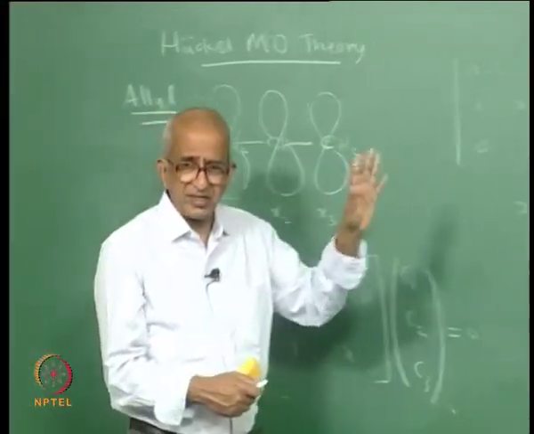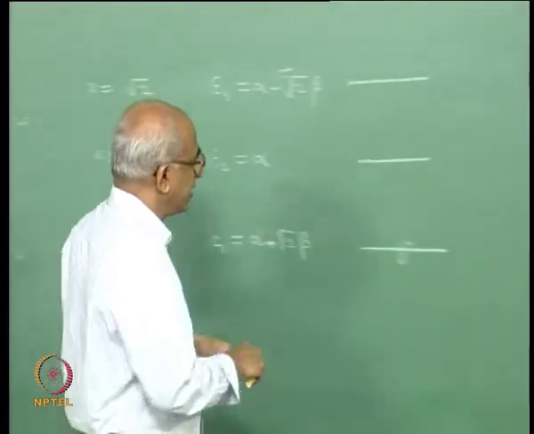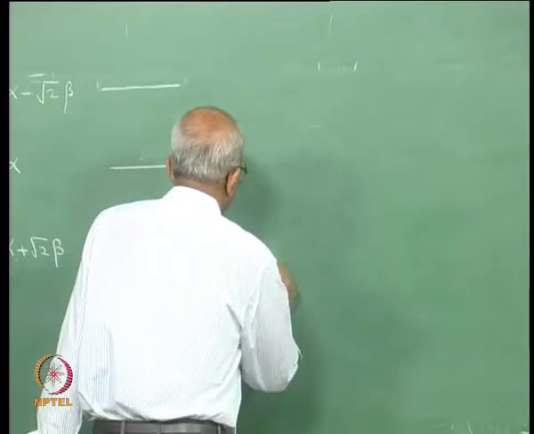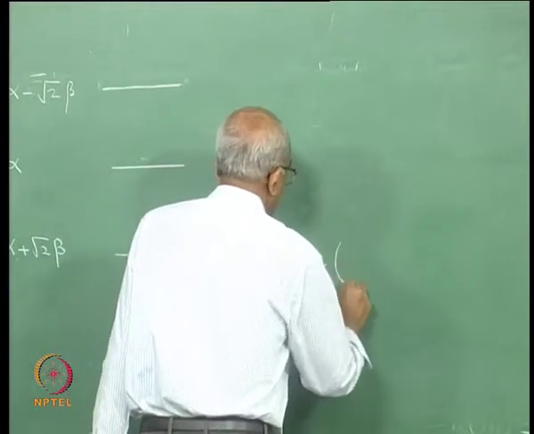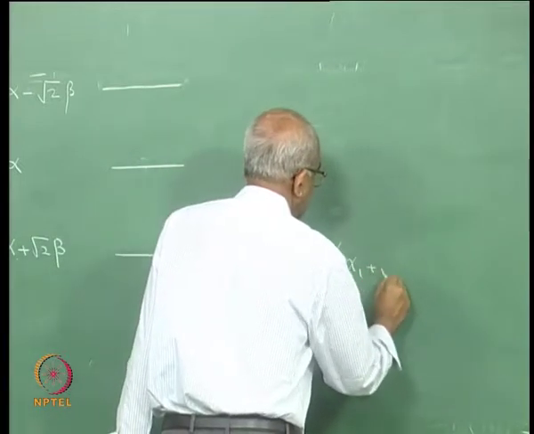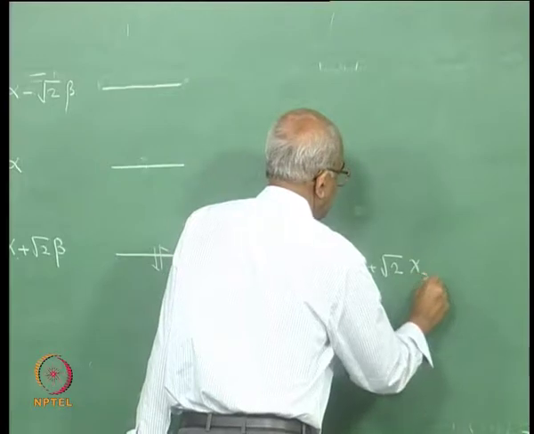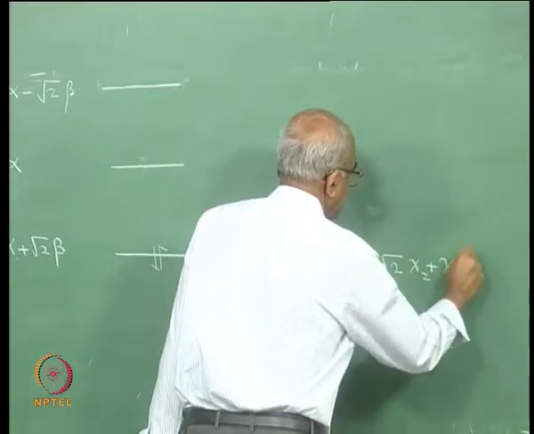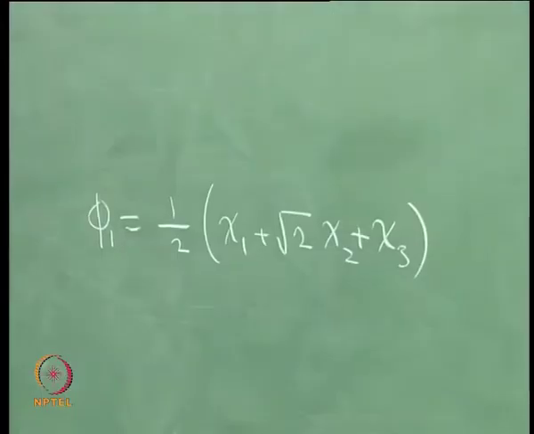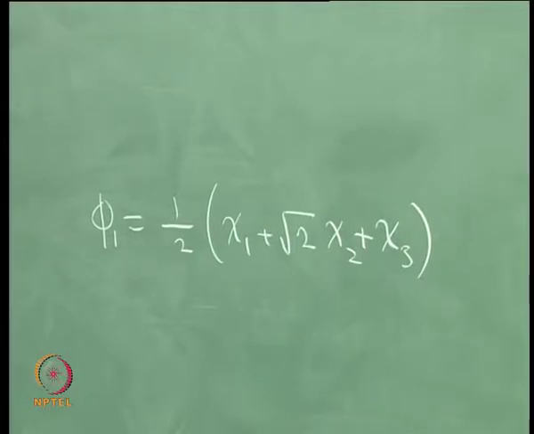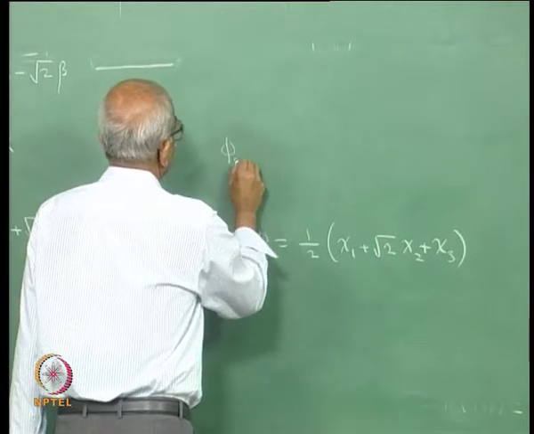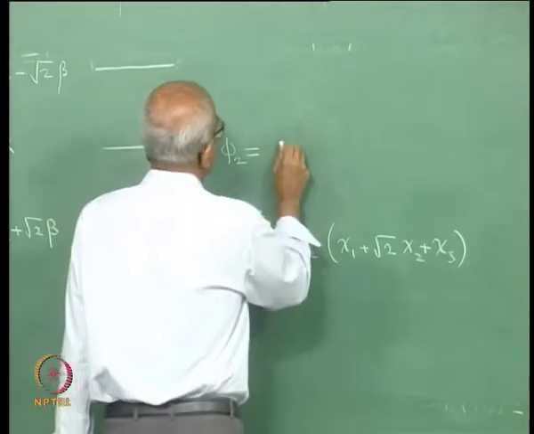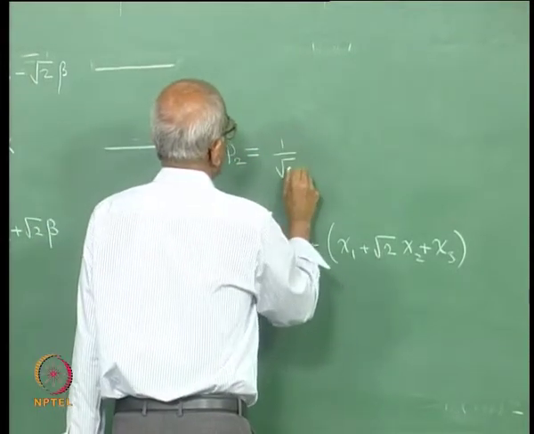So, let me just write the expressions that you will get. The first molecular orbital that you will find actually is 1 by 2 chi 1 plus root 2 chi 2 plus chi 3. This is the first molecular orbital that you will find. Then the second molecular orbital that you will find is phi 2, which is actually 1 by root 2 times,